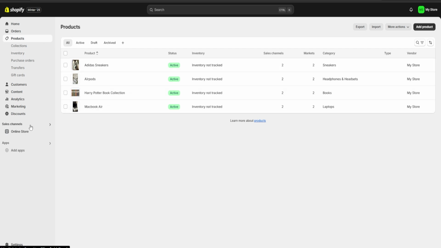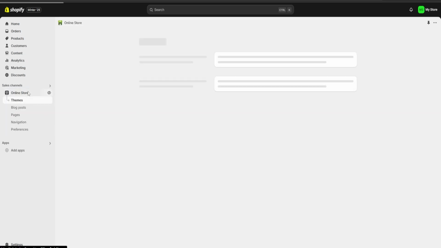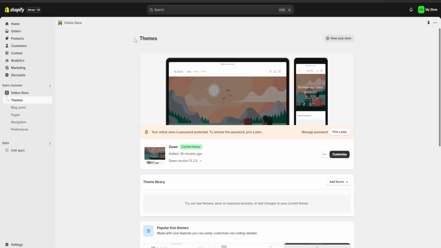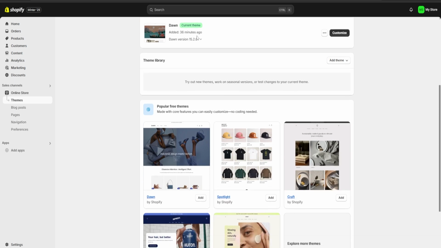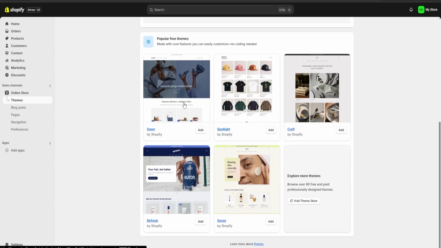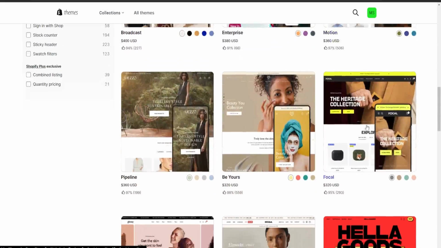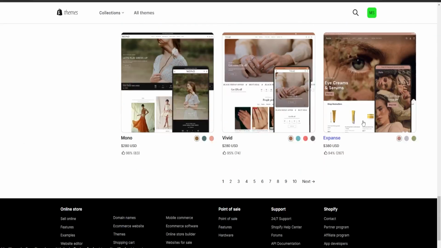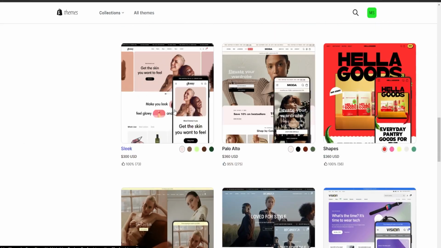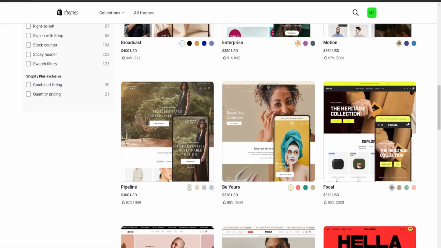So next, what we're going to do is we're going to go to our online store over here and we're going to start customizing it. The first thing that we're going to be able to change is going to be its theme, and here at the bottom you can see that Shopify is going to provide us with a bunch of different free themes that we can use. But if we want to see more, we can click over here on visit theme store and we are going to be redirected to the Shopify theme store where we are going to be able to shop for a bunch of different themes. Some of these themes may better suit our website, but for me I'm just going to keep with the default